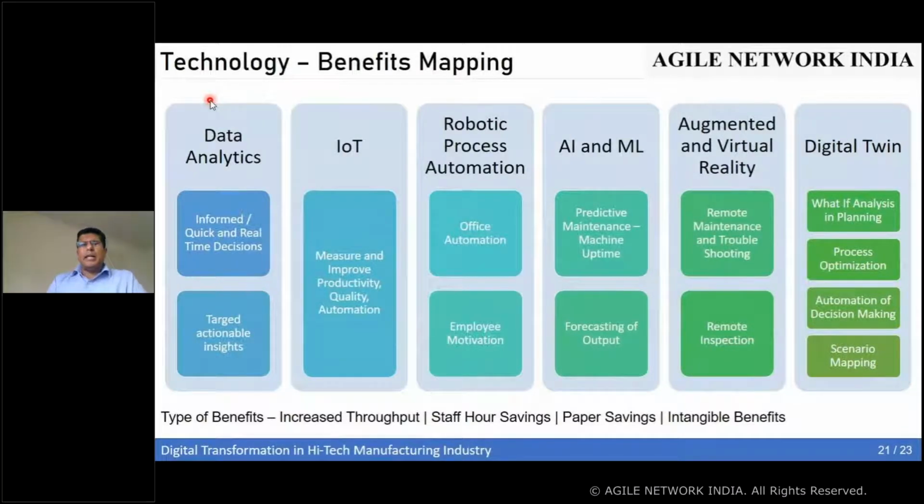The first is data analytics. So what is the goal of data analytics? Let us see that. The goal of data analytics is to ensure that the decisions we are taking are taken faster and better, what we call informed decision making. So, like any other company, we had our enterprise systems like ERP, PLM, web application, etc. And all these were fragmented. It had a lot of legacy data, but it was not connected. What we did is that